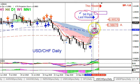Okay, so back to here, getting in here, my aggressive stop, the conservative stop would have been below the speed line and this candle right there, so would have been about there. So that would have been a much bigger risk stop loss there. But anyways, price went up. It was a big move up there. Got out immediately. You would have made 94 pips. Okay, and so for this week,